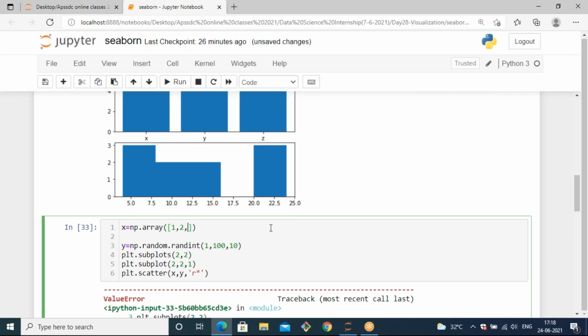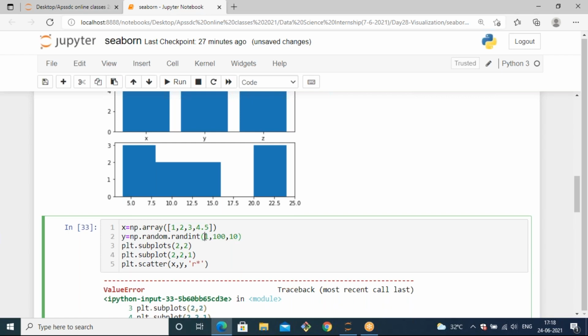Let's pass the array dynamically. 1 2 3 4 are my values, 1 2 3 4 5. And here the values are like 1, 4, 7, and 10. 2, 3, 4, 5. 1, 2, 3, 4, 5.